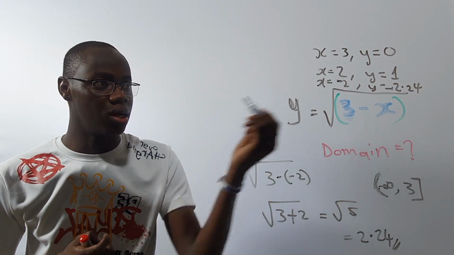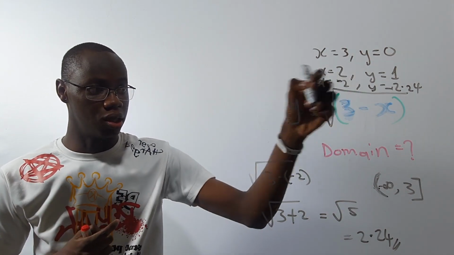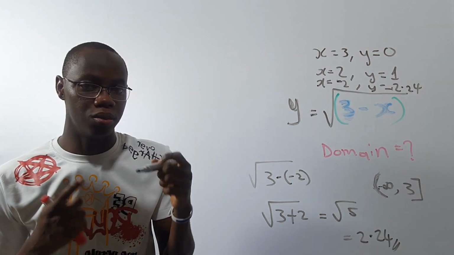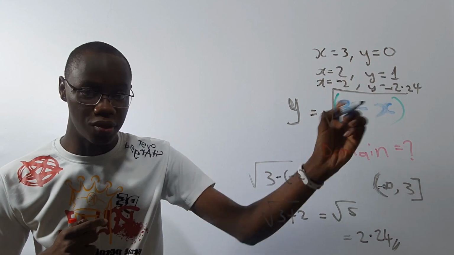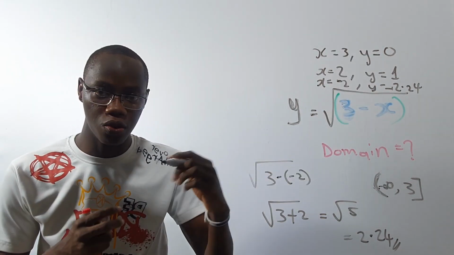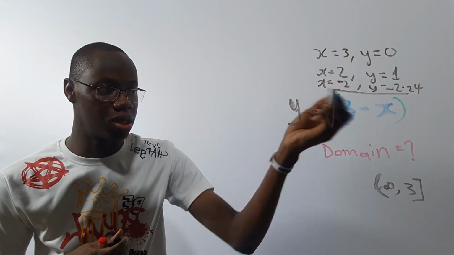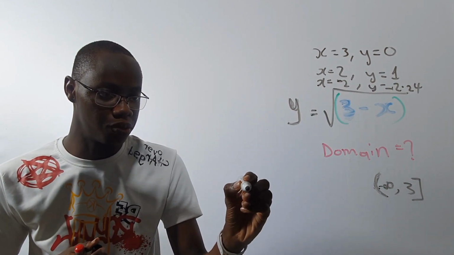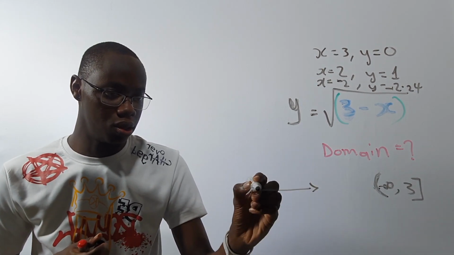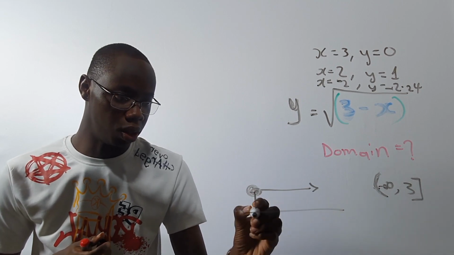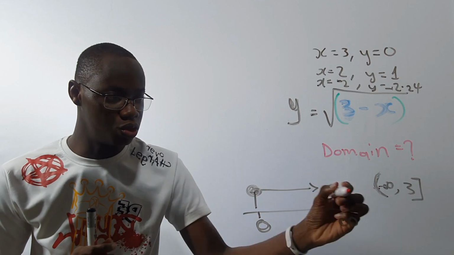So you can see that as this one reduces and gets to negative, and keeps tending to negative infinity, this one is increasing. It's increasing, starting from 0 and above. So that's just it. So the range now, we can just represent it like this. It will be from 0 to infinity. This is a number line for it. So it starts from 0 to positive infinity, and all you need to do is just represent it.